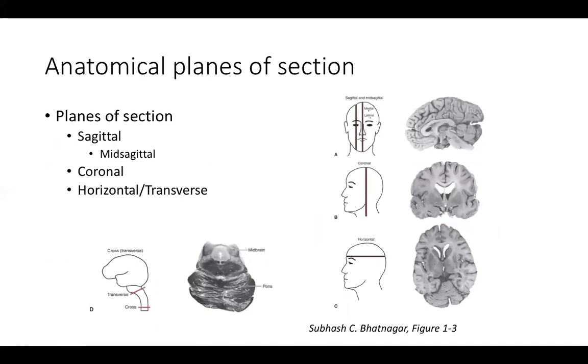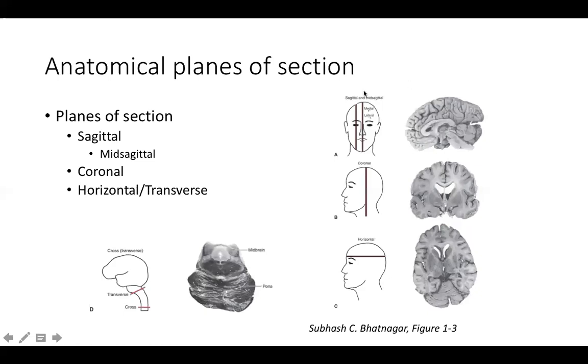Another set of names are anatomical planes, and this is how we section brains. I remember when I first started off in a research lab, we were studying songbirds, and we were sectioning the brain in coronal and sagittal sections. That's how I learned about this, but I'll go ahead and describe to you the main 3 types of sectioning. This will come in very handy when we're talking about different images and different brain slices, okay? The first I'm going to discuss is a sagittal plane.